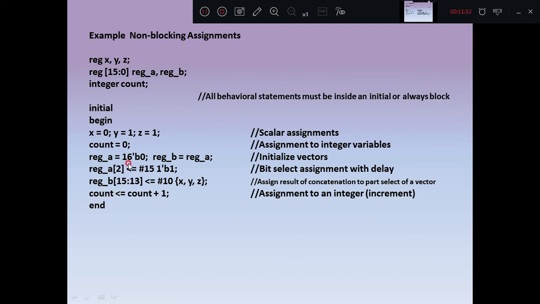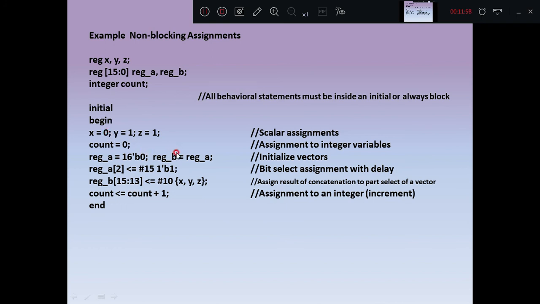So in non-blocking statements you can observe that in these three statements execution starts at the same time with the values mentioned, and the updation is delayed by the delay mentioned. If delays are not there, then all three statements are updated at time 0 itself.